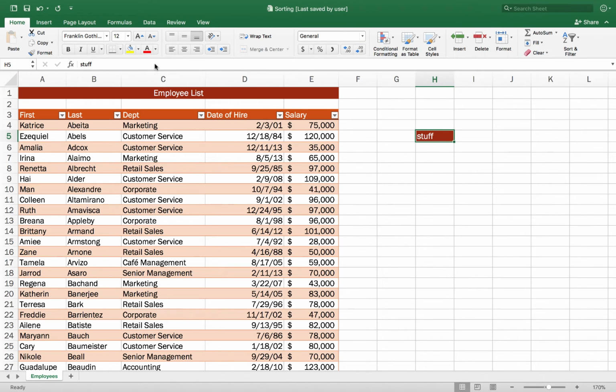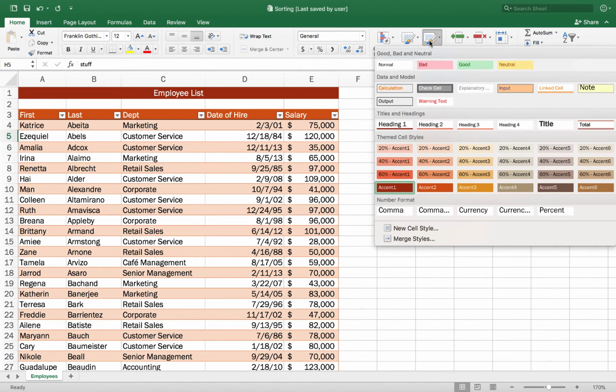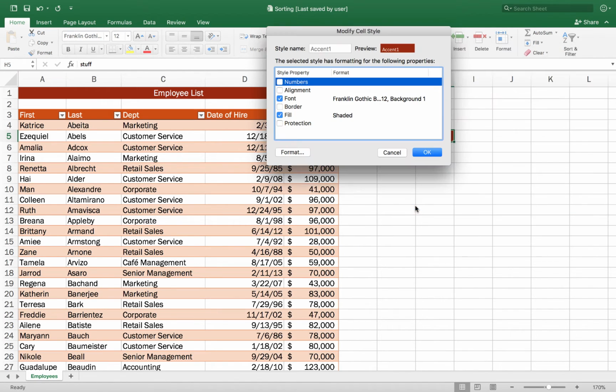So check this out. On the Home tab, I'm going to go to Cell Styles, and in the drop-down, I'll point at the style that I want to change, and instead of a left click, I'll do a right click. One of the options in the shortcut menu that appears is Modify. I'll choose Modify, and that'll open up this dialog box.